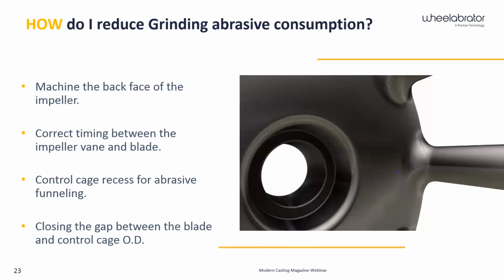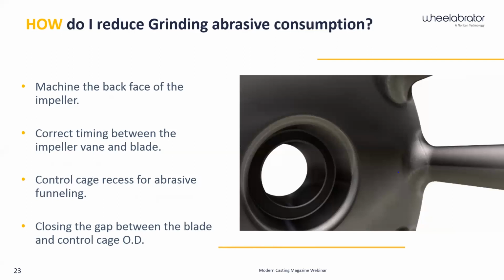Another good thing to look at is the control cage, so that abrasive isn't getting in there and just riding the loop round and round and round. We want it to escape out. Having a control cage that has a recess in it actually forms a little bit of a funnel that always lines up with the control cage opening. So that abrasive, as it's riding around, kind of drops down into that funnel, per se,